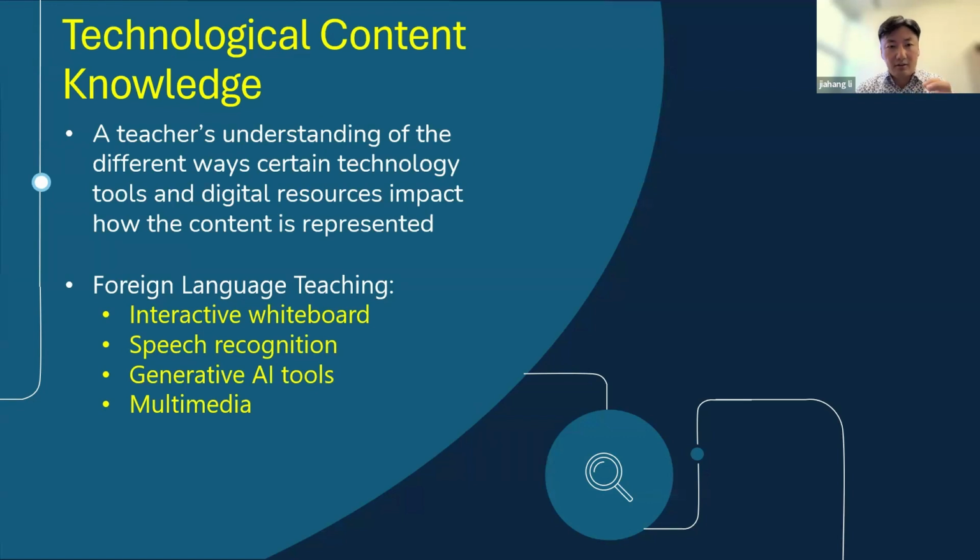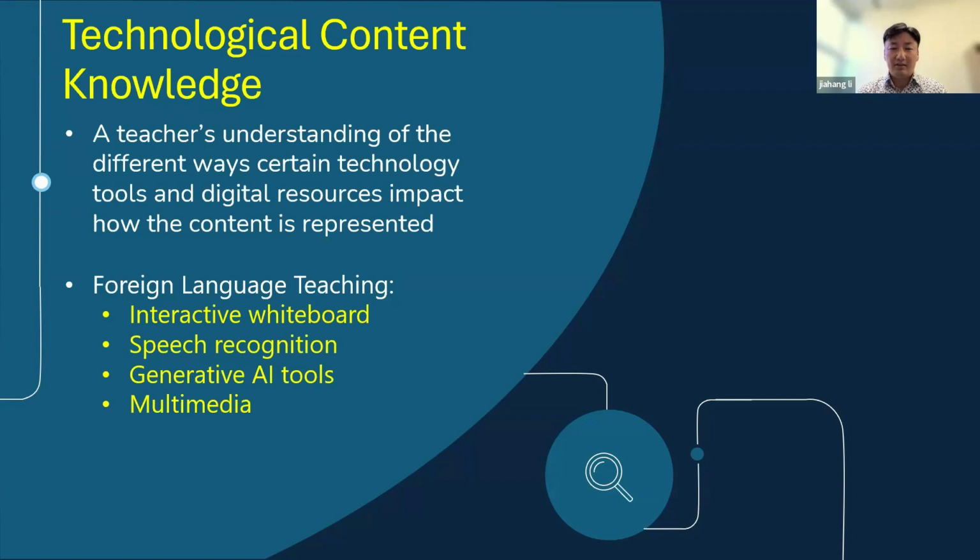And then we have another two bubbles, the technological content knowledge. When technological knowledge and content knowledge intersect, we're thinking about what kind of educational technology tools are best to represent that content. For example, if we are trying to teach vocabulary, I'm sure regardless of what language you are teaching, you have to teach some vocabulary, right?